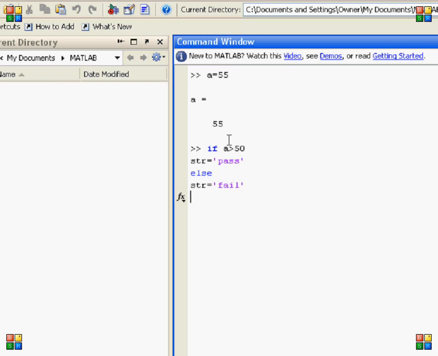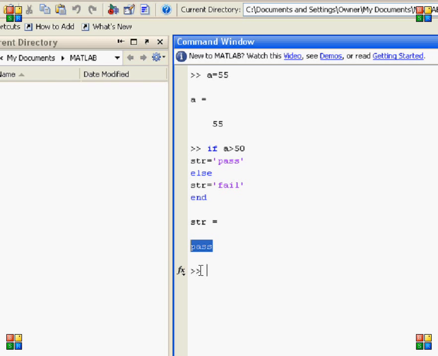If less than 50, I will fail. So I want to end the condition. When I press enter, you will get the result. As you can see, the str variable contains pass. It means that I'm getting more than 50 marks.